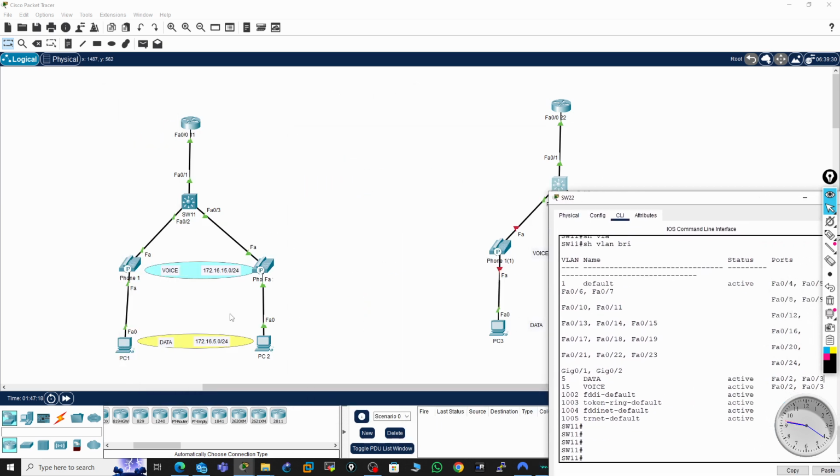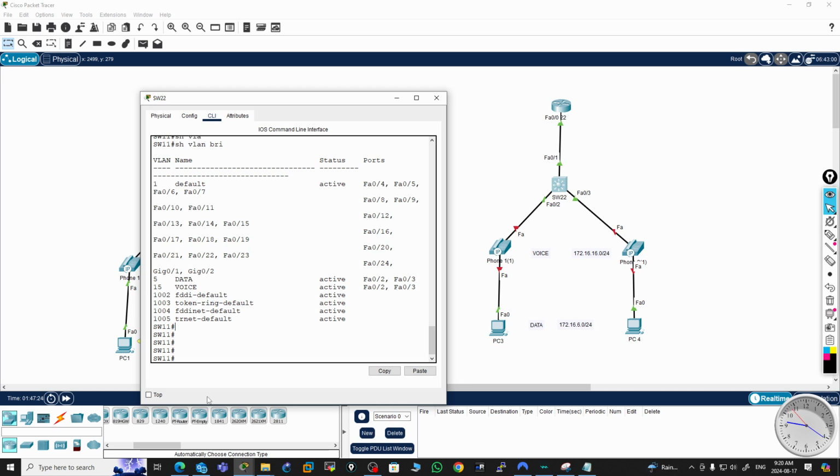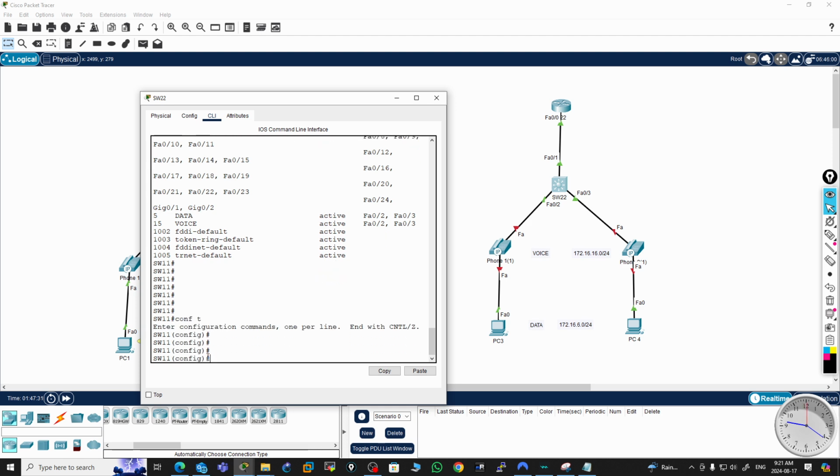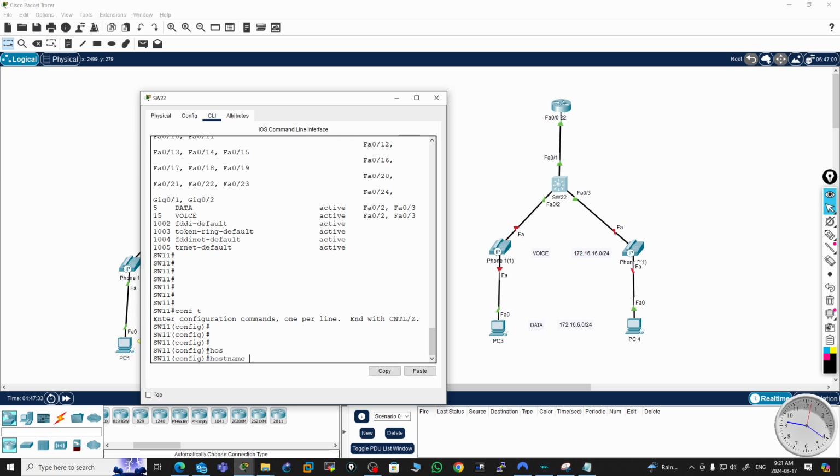Actually, on the other switch I also have to add two VLANs. That I'll do later. So go first here, configure terminal, the host name, I'll call this one